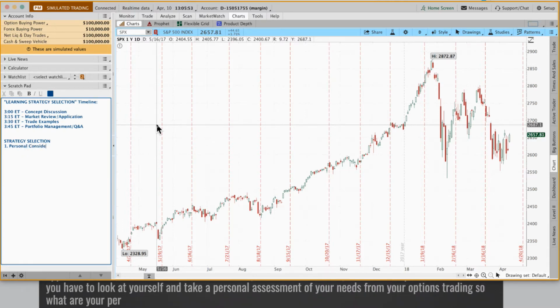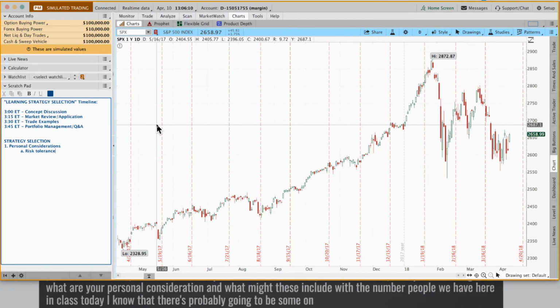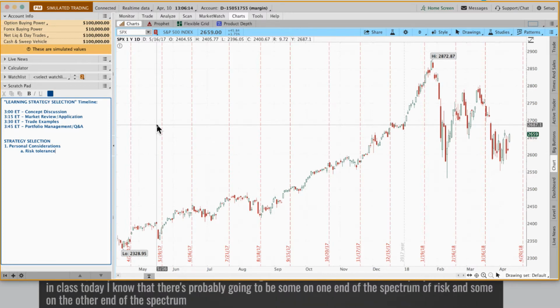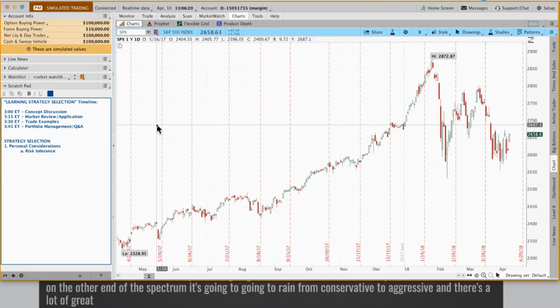So what are your personal considerations? And what might these include? Well, personal considerations would be like your own personal risk tolerance. With the number of people that we have here in class today, I know that there's probably going to be some on one end of the spectrum of risk and some on the other end. It's going to range from conservative to aggressive, and there's a lot of gray area with options trading, but